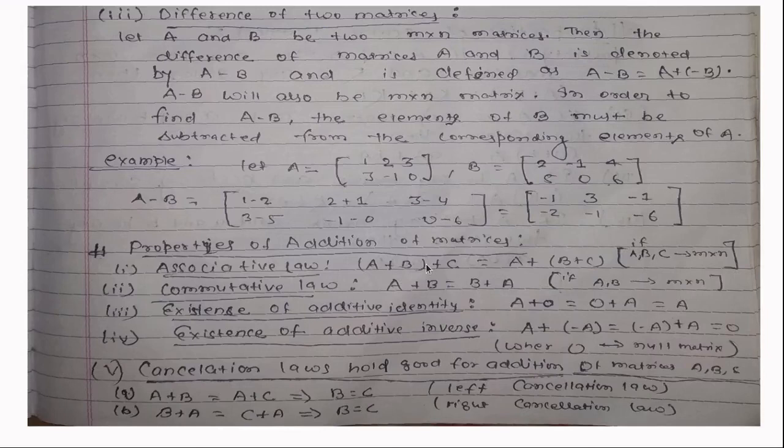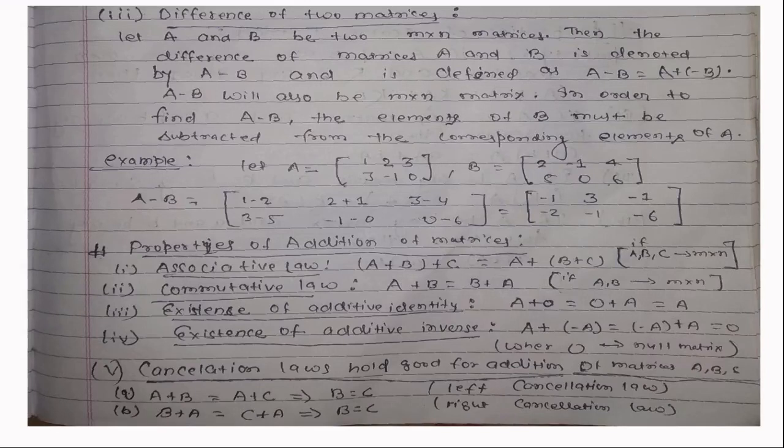Okay, now properties of addition of matrices. Now we see the properties of addition. When we perform the operation on matrices, they follow the associative law. When we add three matrices, if all three matrices have the same order, then add any way, A plus B plus C or A plus B plus C; there is nothing change in this. When we perform the operation, they also follow the commutative law. A plus B and B plus A, both are the same when the orders are the same.